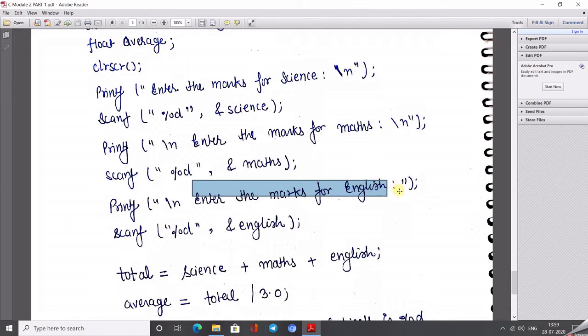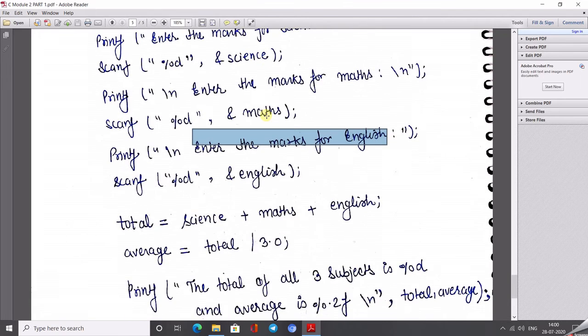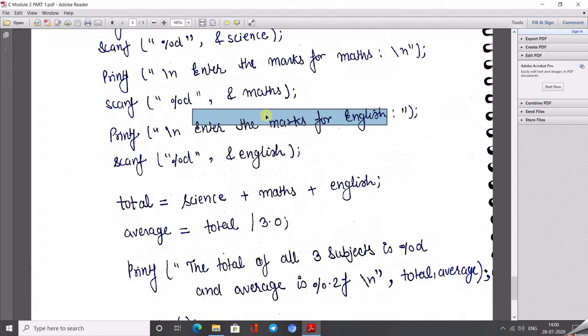So here you must write the \n before the scanf, so that for the English marks the cursor comes to the sixth line and you can enter your marks there. Both are correct formats, but we must concentrate on the writing style in calling printf and scanf and the appropriate use of \n and \t.